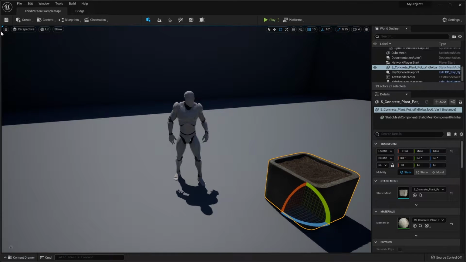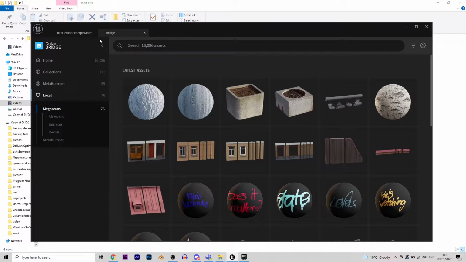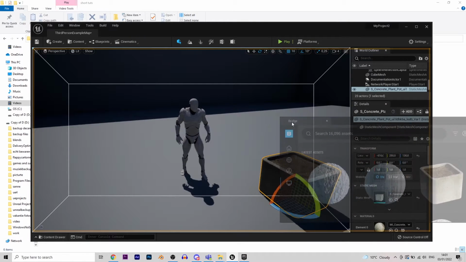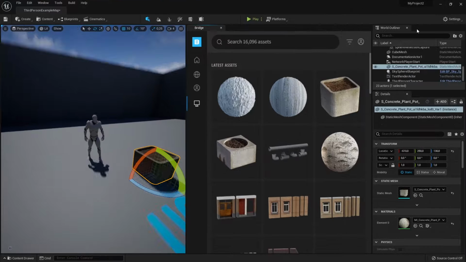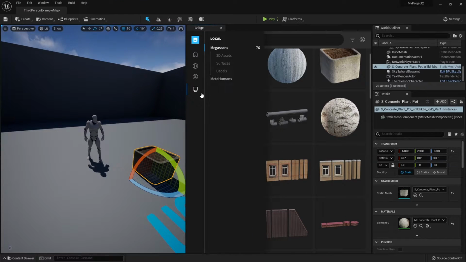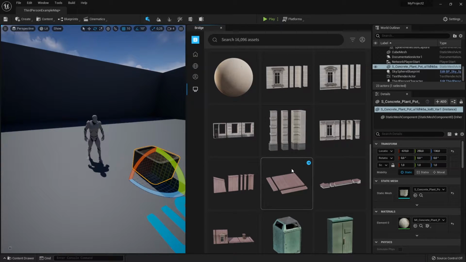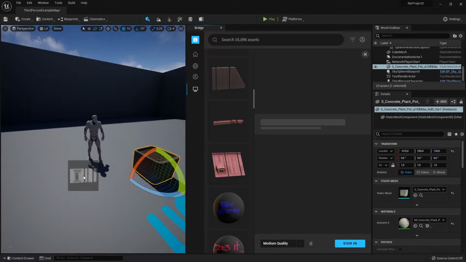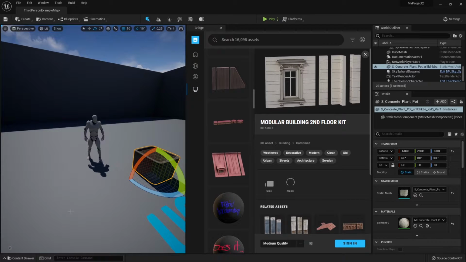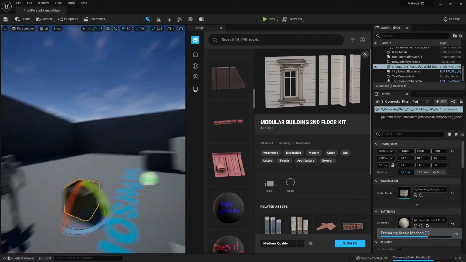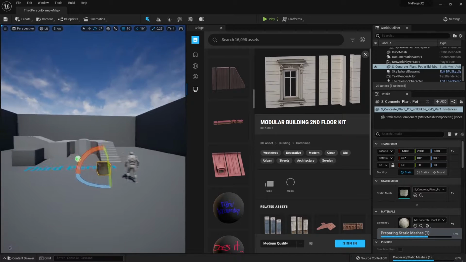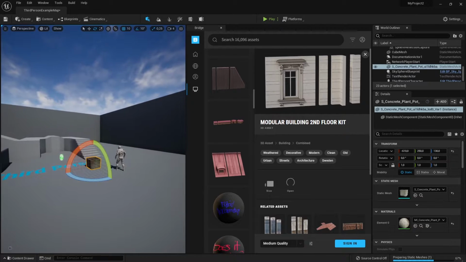Well, you're lucky. Just go to Content and then click on Quixel Bridge. Quixel Bridge is a huge library of scanned photorealistic stuff that you can just yoink into your level. You do have to log in in order for it to work, though. That's a thing. And also don't try to drag and drop stuff right from the Quixel Bridge browser, because that